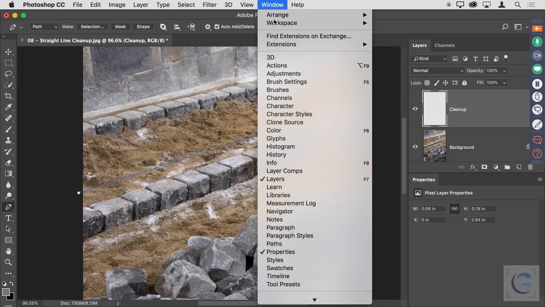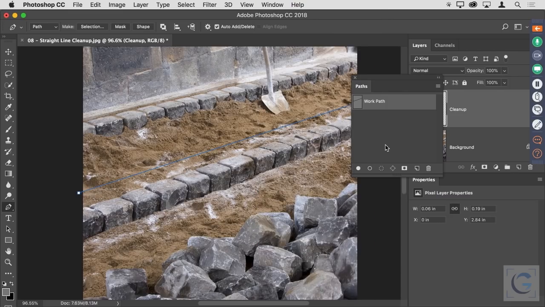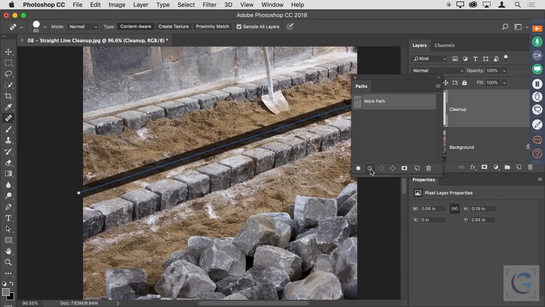I can then go to the window menu and choose paths to bring up my paths panel. And on my paths panel, there is a button for stroking that path with the current tool. So I'll set my tool to that spot healing brush tool and click the outlined circle. There's a filled in circle, a not filled in circle, and a dashed circle. The circle that's just a solid line, I can click on that button to paint with the current